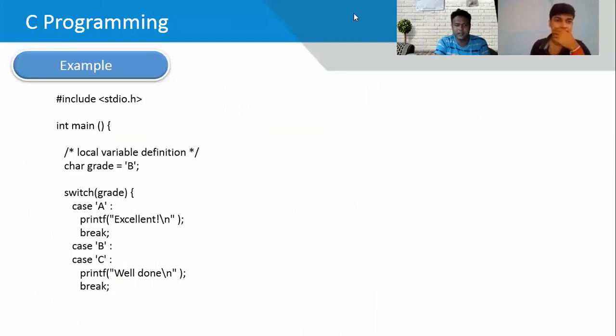By passing a grade B, and grade B is stored here. So for grade B and C, it is showing you welder. For the two cases, it is showing you welder, whether it is B or whether it is C. So we are passing a B, B is switched here, and it is showing you welder.